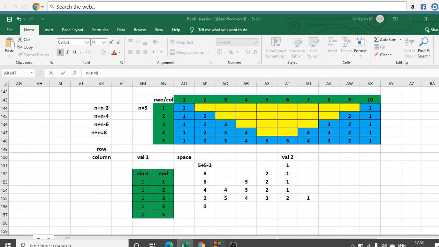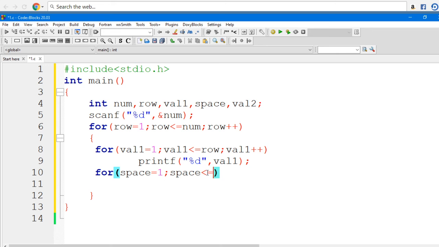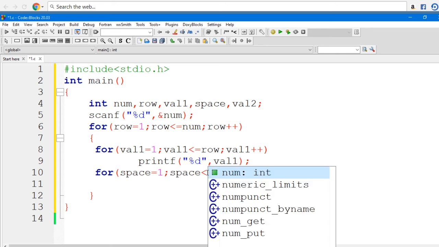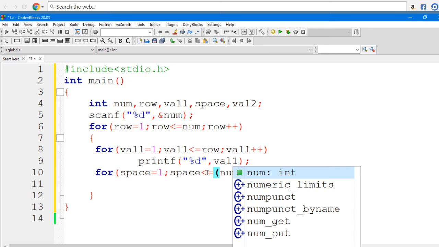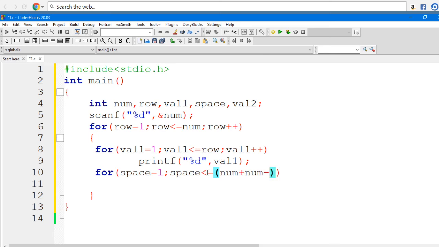So in here also I'm going to take the given number plus num minus another value for ITR. Initially I'm going to declare and initialize my ITR is equal to 2, because first time you subtract 2 from your number.